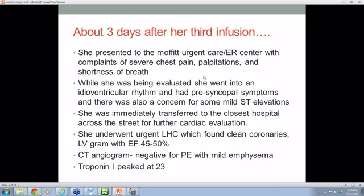There was also a concern by her lab work that she had an elevated D-dimer, and so they also did a CT angiogram, which showed no pulmonary embolism and some mild emphysema in her lungs. Now, she also had an initial troponin level of 11 that peaked up at 23 with this. I think at my next slide